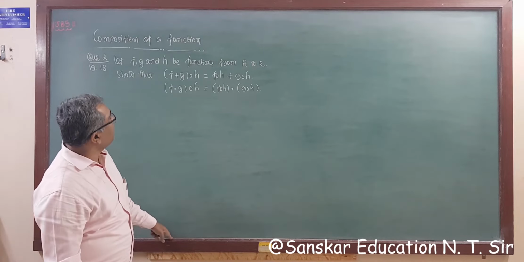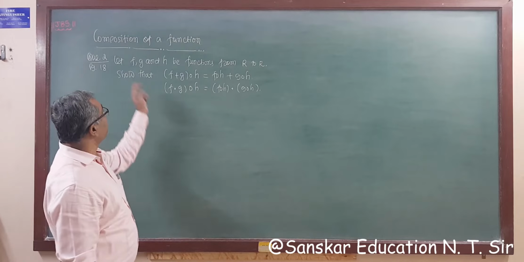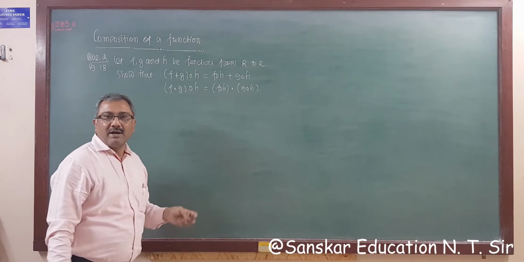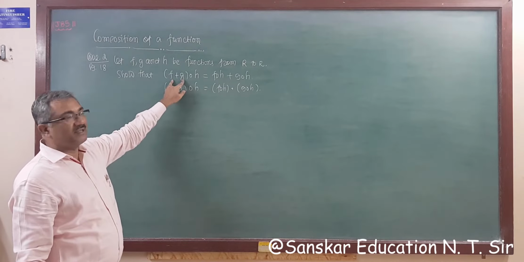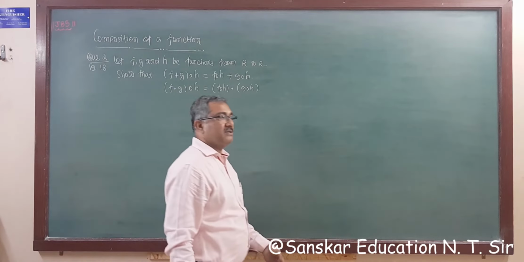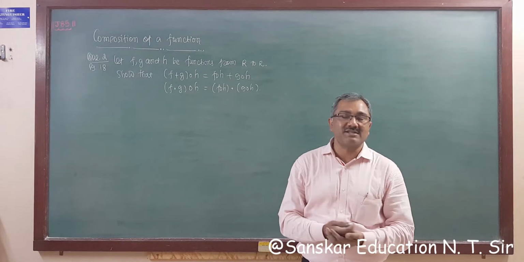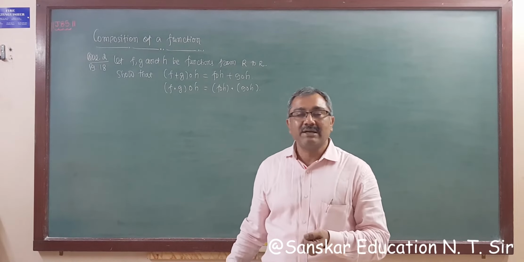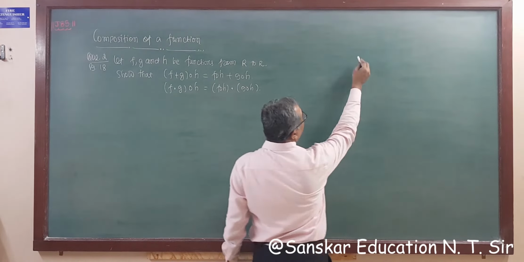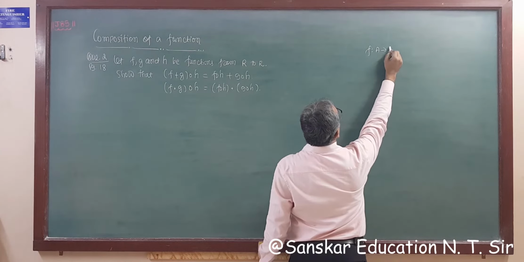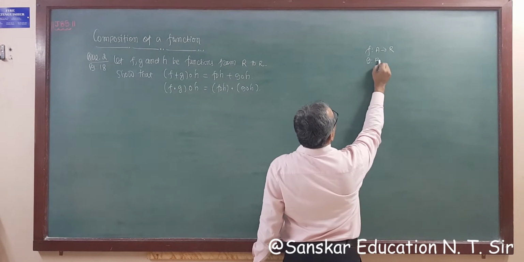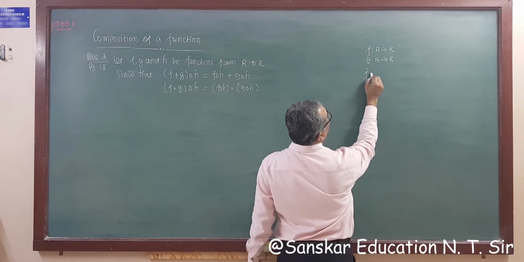So the next question is question number 2, page 18. Given f, g and h are functions from R to R. So f, g and h are all defined on R to R. And we have to find f plus g, the sum of two functions. You learn the algebra of functions in 11th standard: sum, addition, subtraction and division. Right? So suppose a function f from A to R and g from B to R are given. Then the addition is